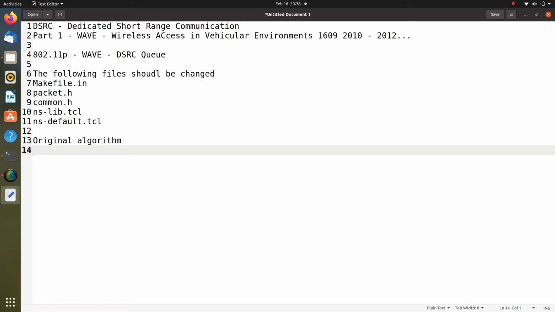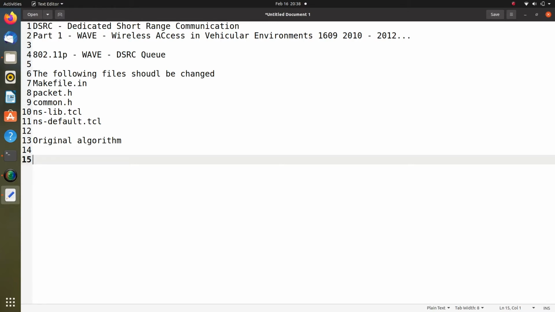In this example I will be explaining the source code of each and every protocol. As for the deliverables, I will give the complete virtual machine, with all modules built in to run the DSRC protocol.